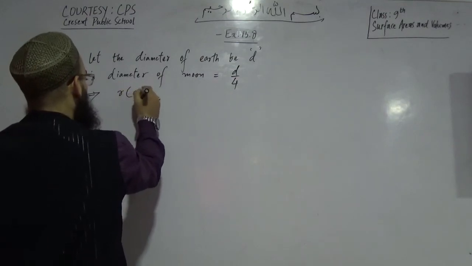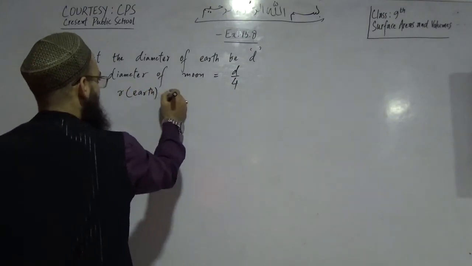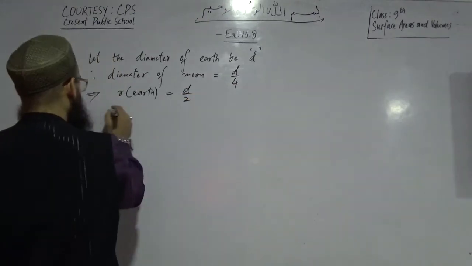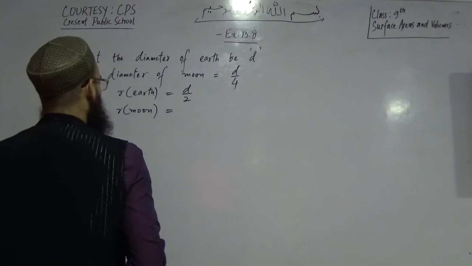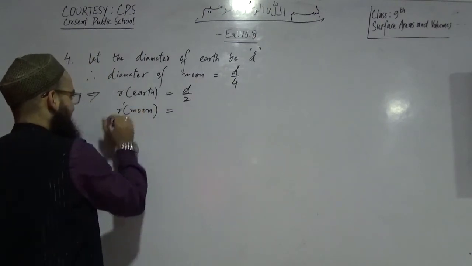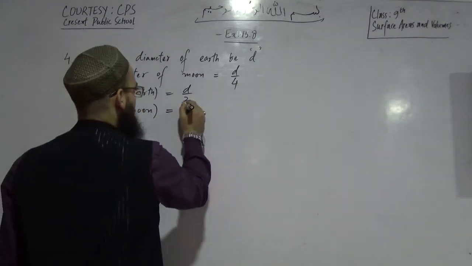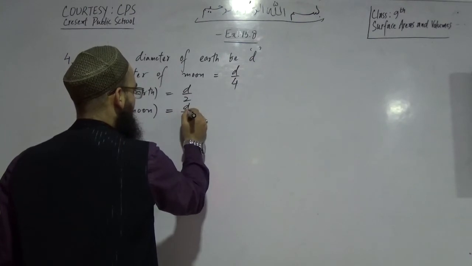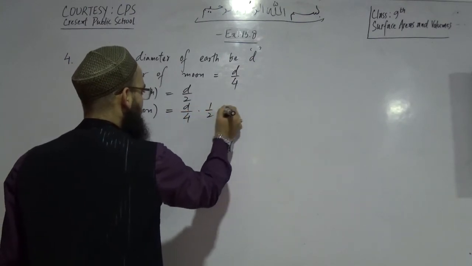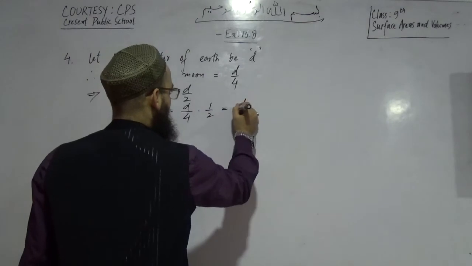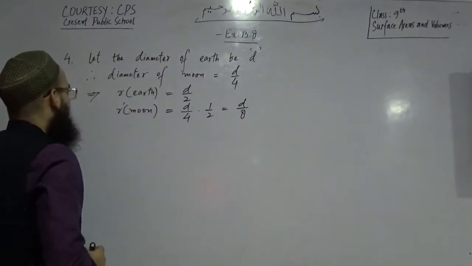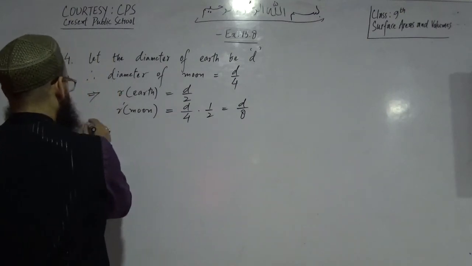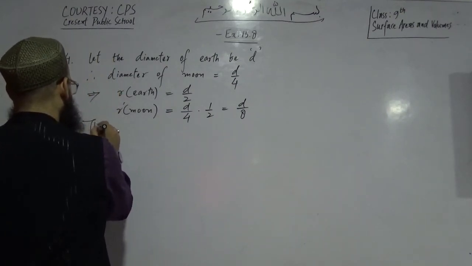Radius of Earth is equal to d by 2. Radius of Moon, let's say r dash, is equal to d by 4 times 1 by 2, that is d by 8. Got it? Now, then